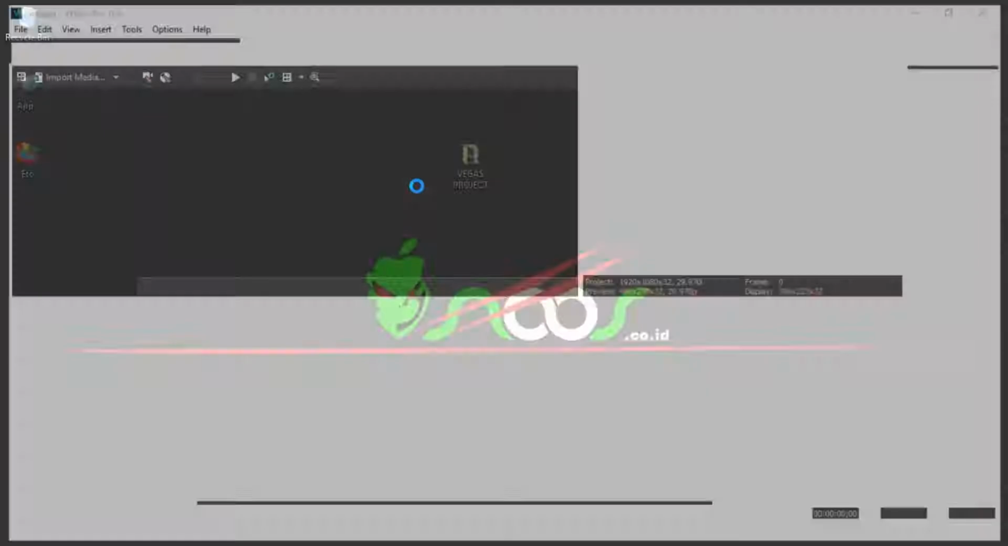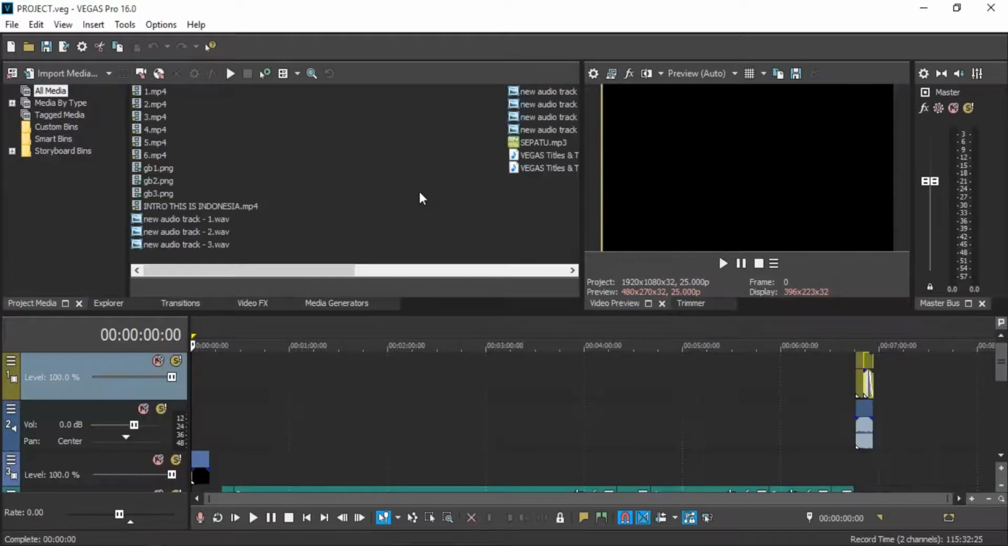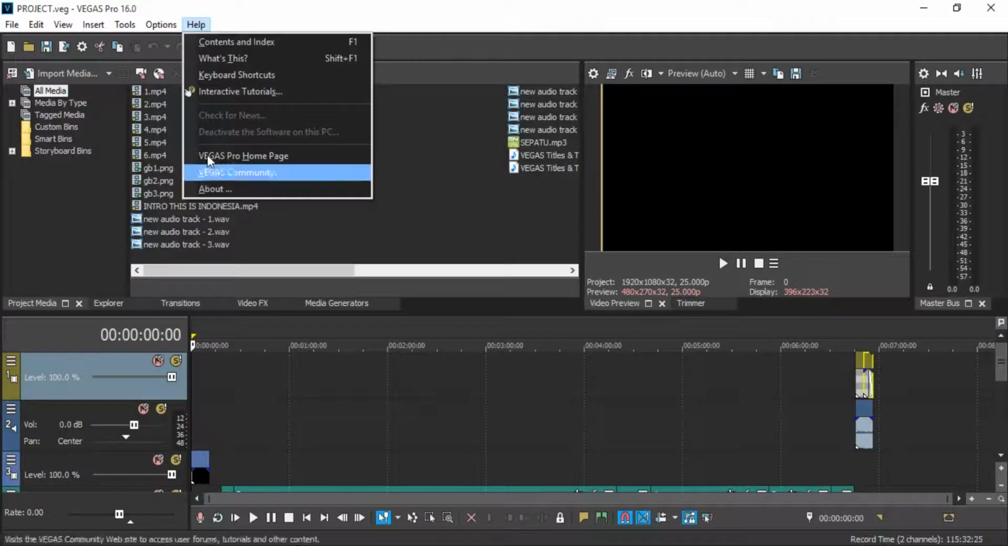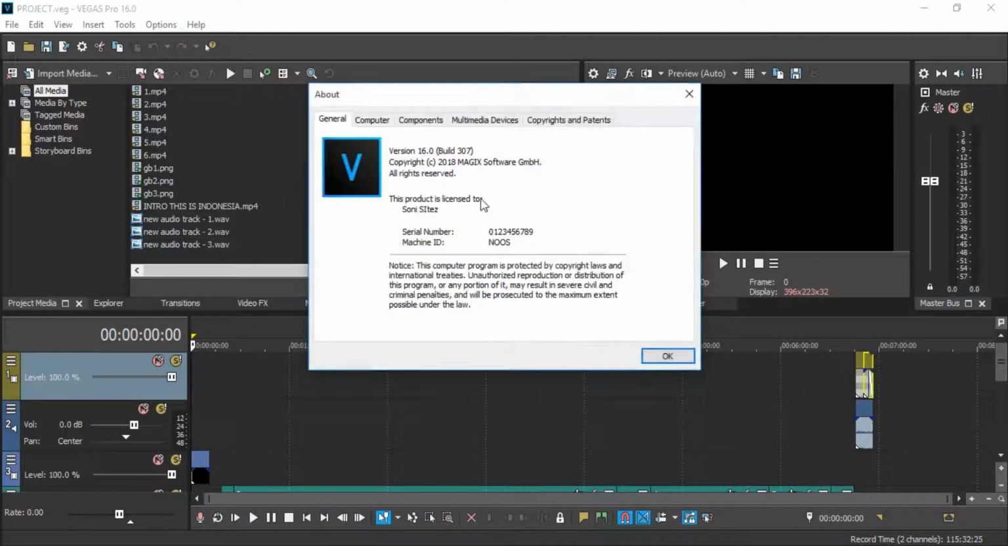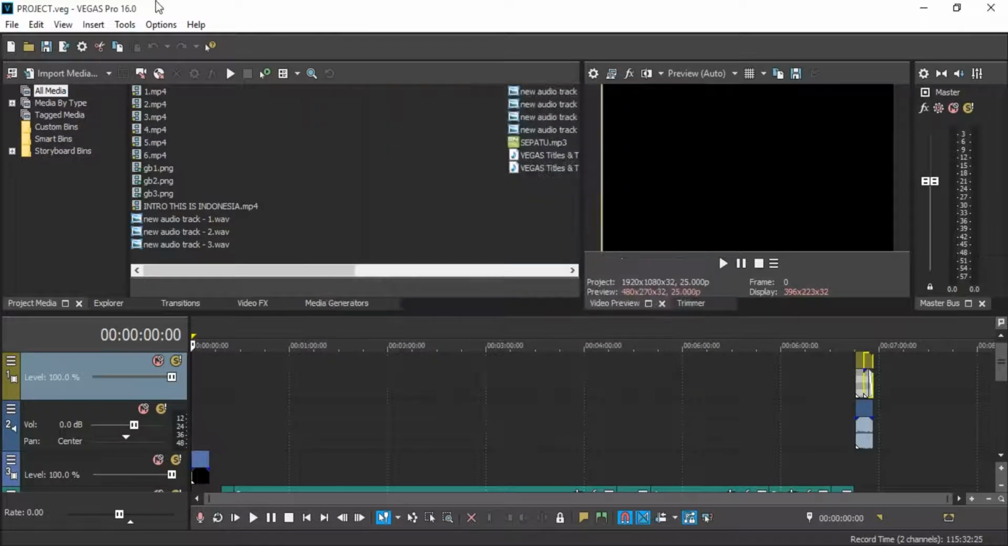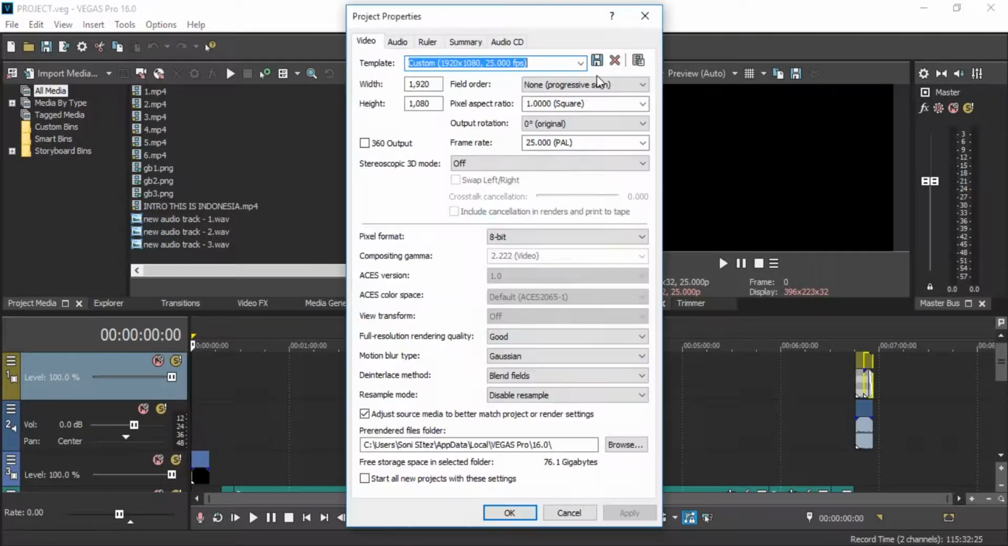Okay, Sony Vegas or Vegas Pro is now an acquisition by Magix Software. You can see in About, and this is called Magix Software or Vegas Pro, or Sony Vegas in the older name. And in the older Sony Vegas, we can enable